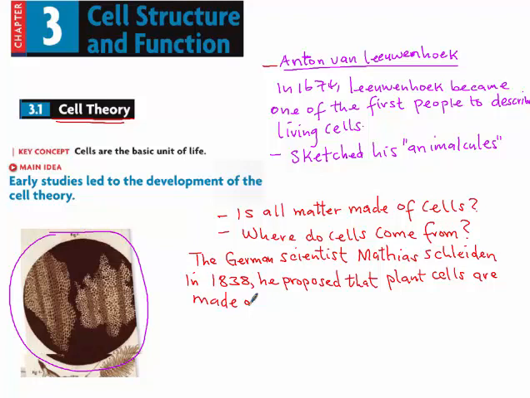Plants are made of cells. So he was now coining the first part of what we now regard as the cell theory. Schleiden discussed his results with fellow scientists, and Theodor Schwann, another German scientist,